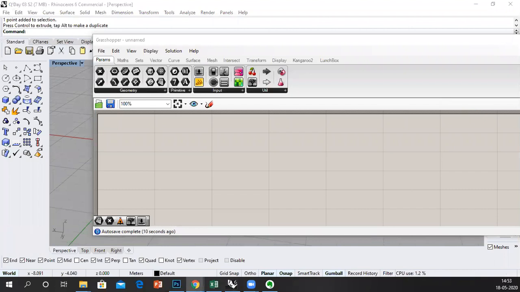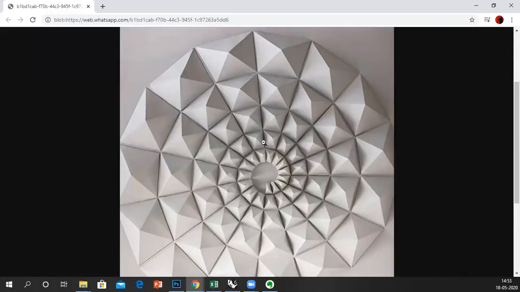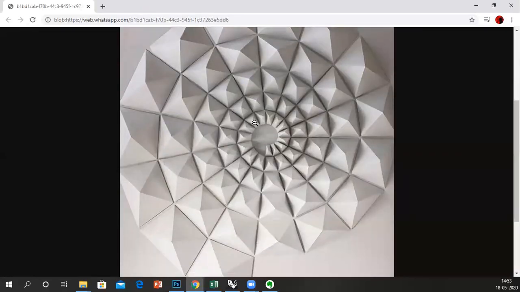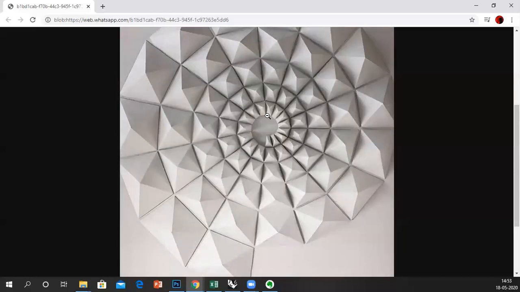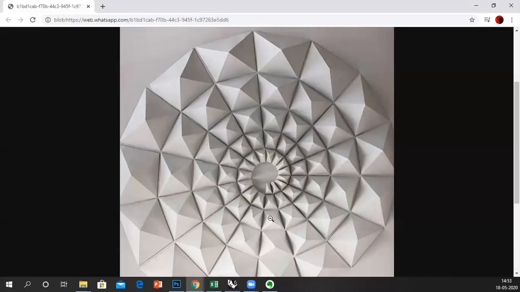Where is the picture? So Aparna saw this picture online and she got back to me on it. And if you see, this is a very doable thing.